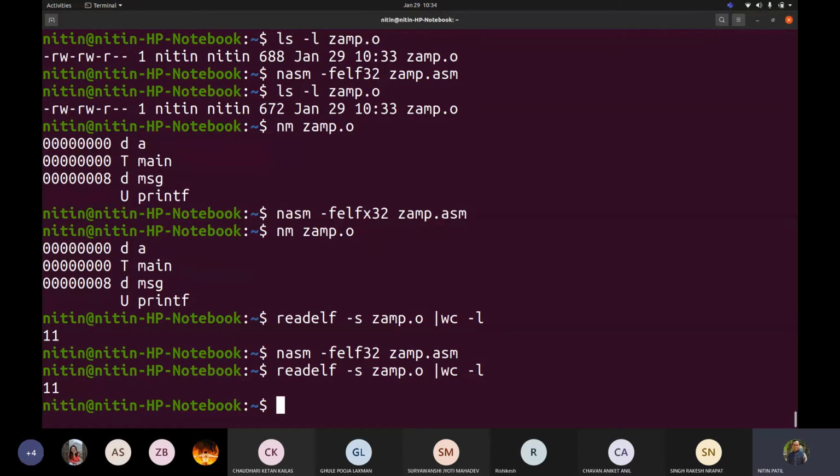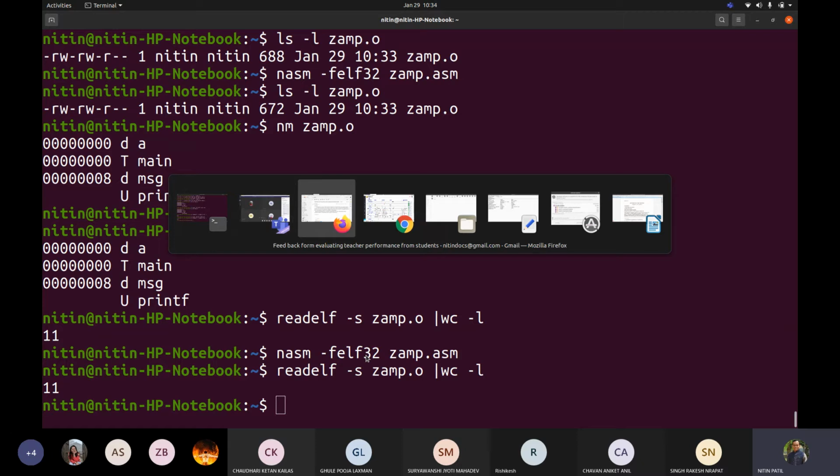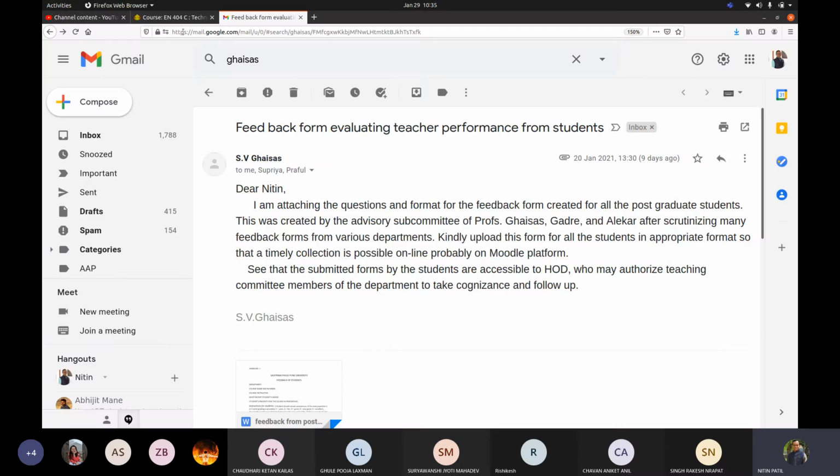So where exactly might be the change then? What is that X doing for us? The listing we used here was from X32, and this one was from without X. So what might be the differing parameter between these file formats? For reading purposes, this reading work is for you.